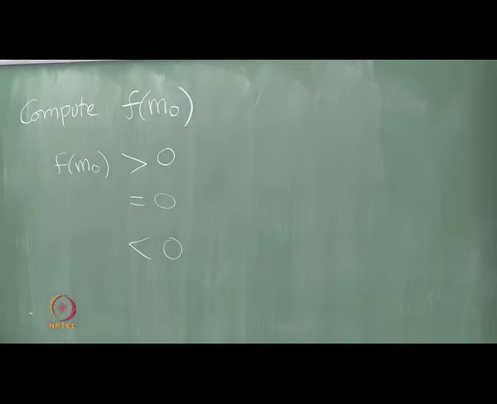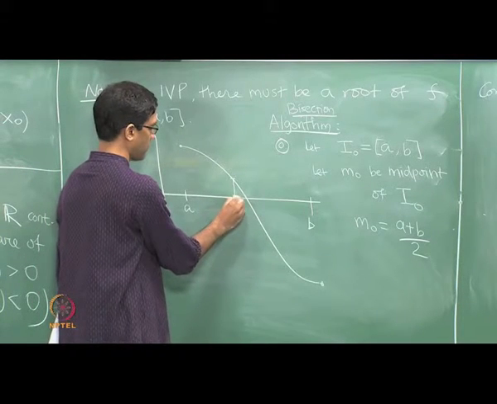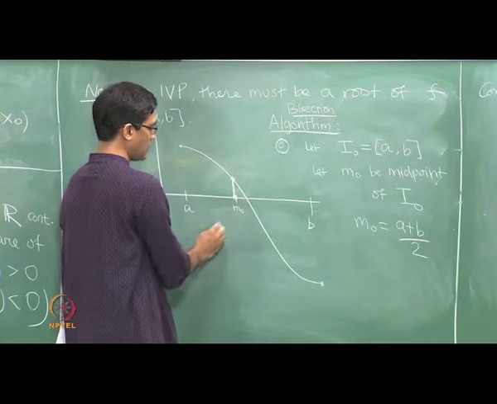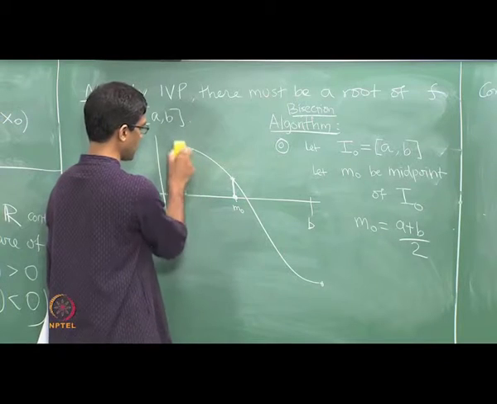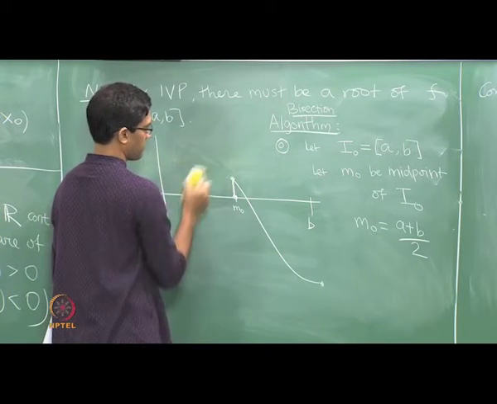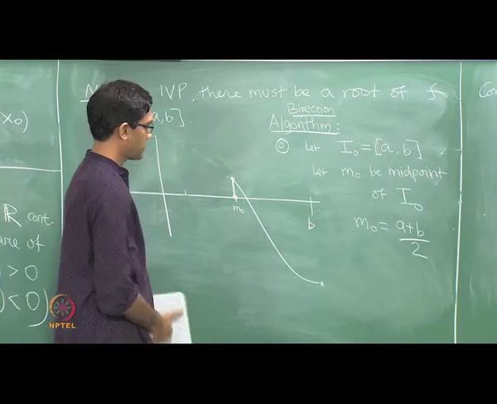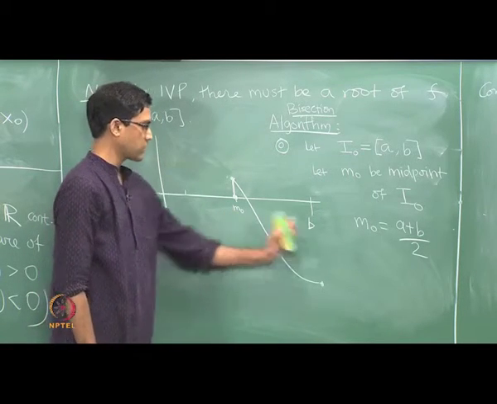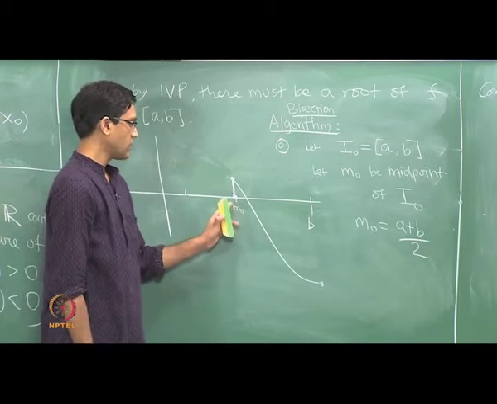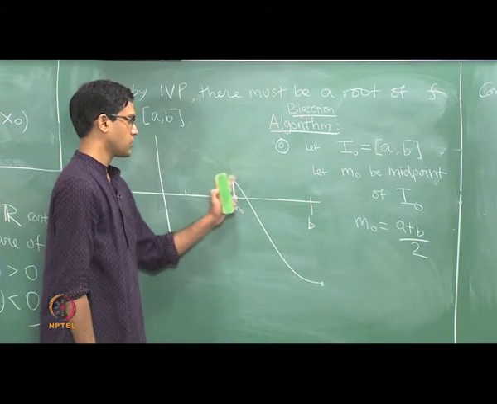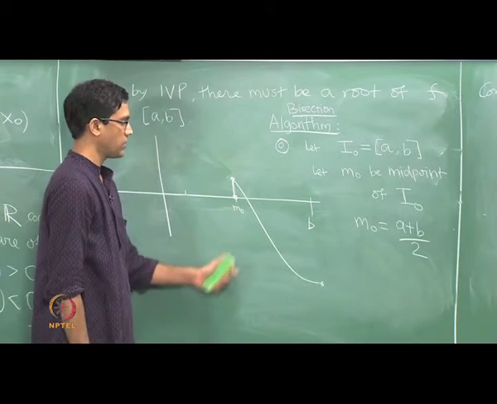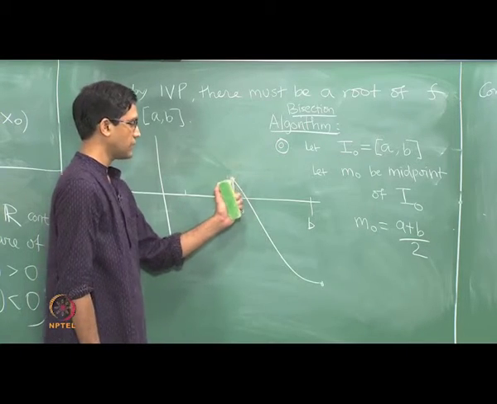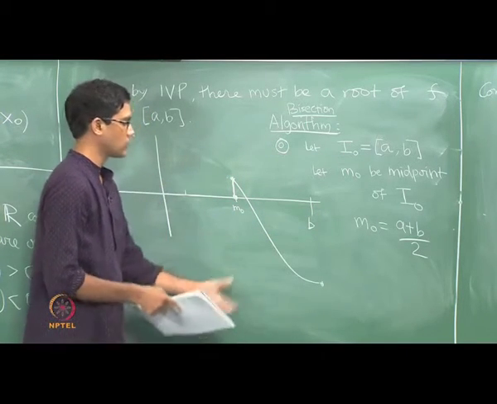So if f of m0 is positive, let us look at this one here, the value of f at m0 is positive. What does that mean? It means the following: let us get rid of the function in the first half. Now just focus attention on the portion of the function between m0 and b. Here again the left endpoint value f of m0 is positive, the right endpoint value is negative. So it is sort of like the original function. By intermediate value property, there must be a root of the function between m0 and b. So we could conclude the same thing again.